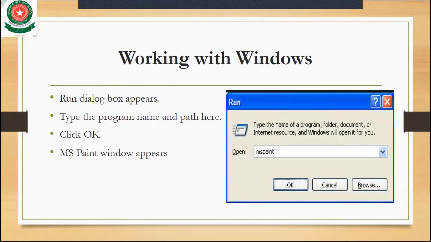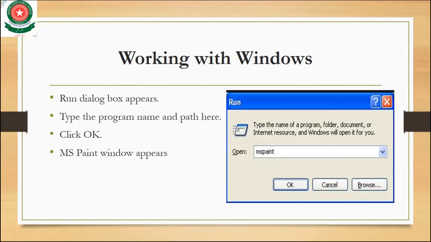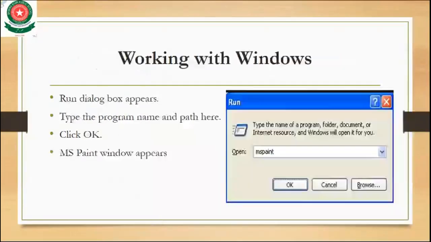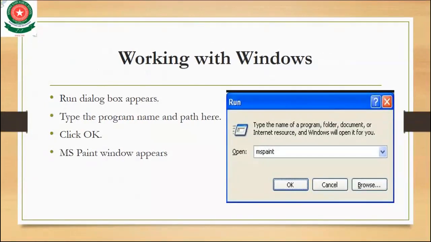This is your previous slide on how to open Paint from the Run command. In the previous slide there were only three options, and next I already told you how you can run any program with a run command. When you click on the search box, a dialog box appears.